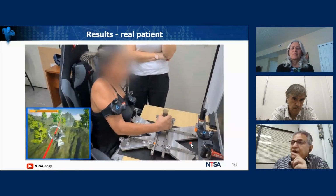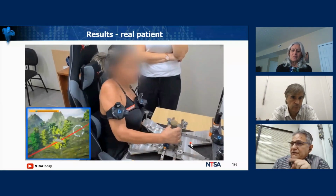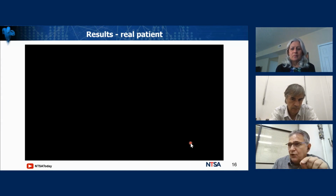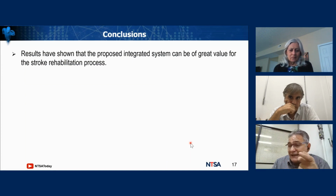Another thing I'd like to point out, as you can see, besides this patient, there is a health professional. This lady is one of the physiotherapists who works in our lab. So she's there trying to help and to monitor the whole protocol session. Okay. So essentially, what we could identify up to now, this integrated system with the identification of compensatory movement